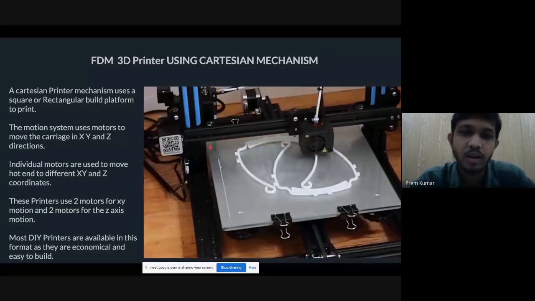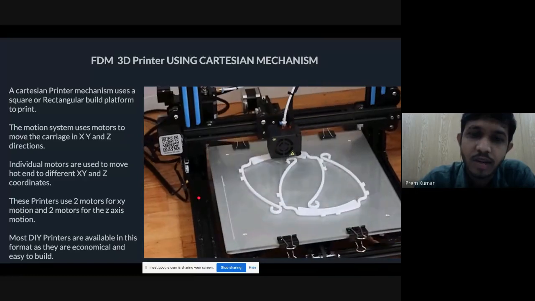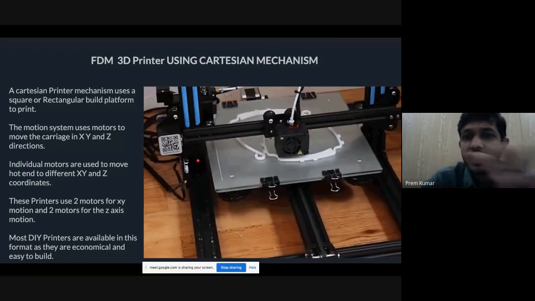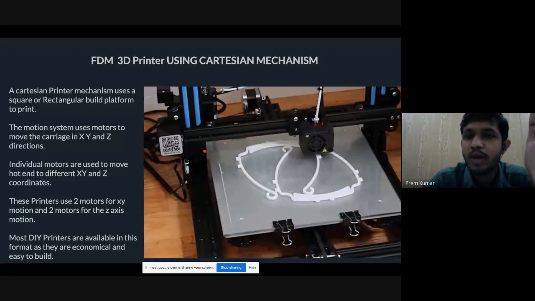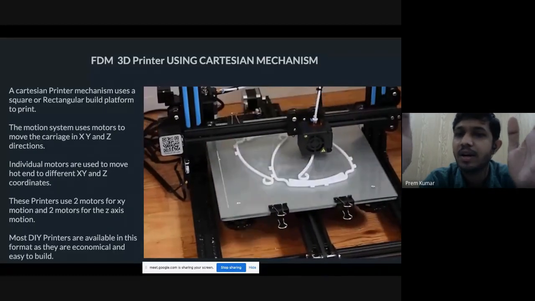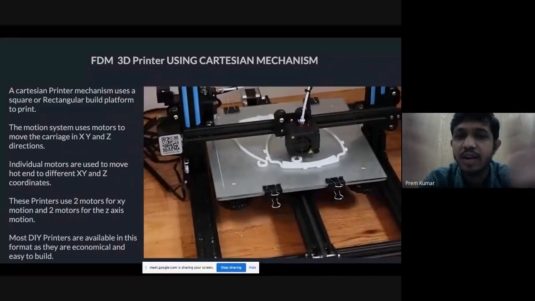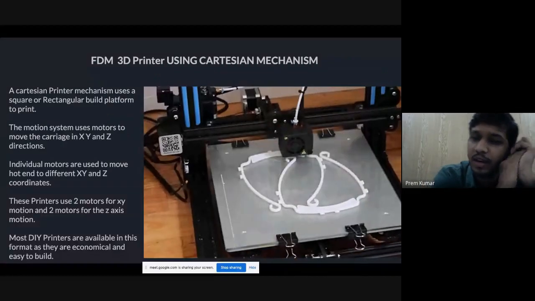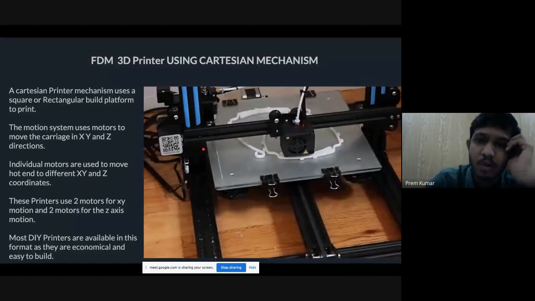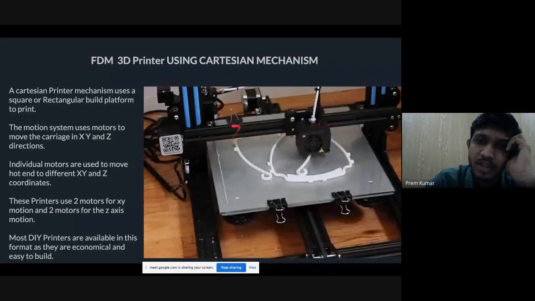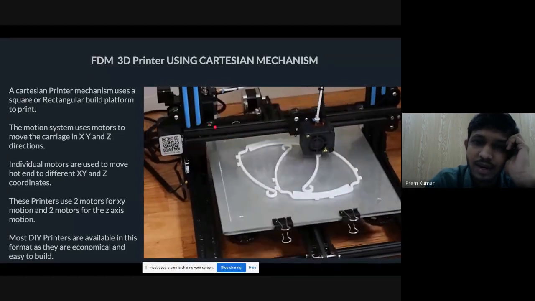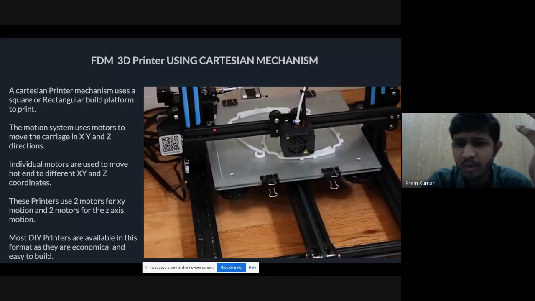If the complete mechanism is seen in perspective, this complete mechanism is open. Because it is open, it is not going to require a lot of material. It doesn't need a big frame to cover the entire thing. It can be made open, so all the parts in the machine are completely visible. You can easily access them if there is some problem with the machine. Maintaining this machine will be easy. Repairing the machine will be easy because everything is directly accessible. You don't need to open big parts in it.